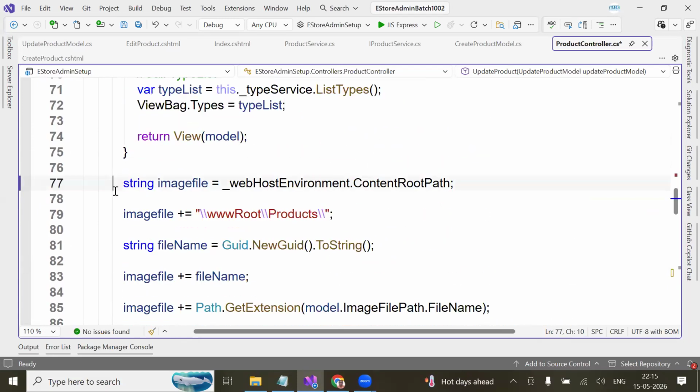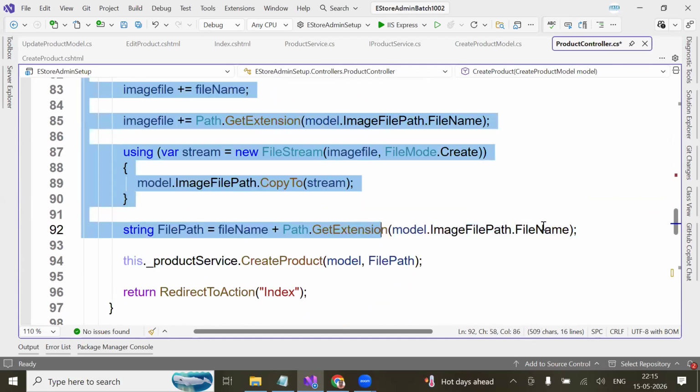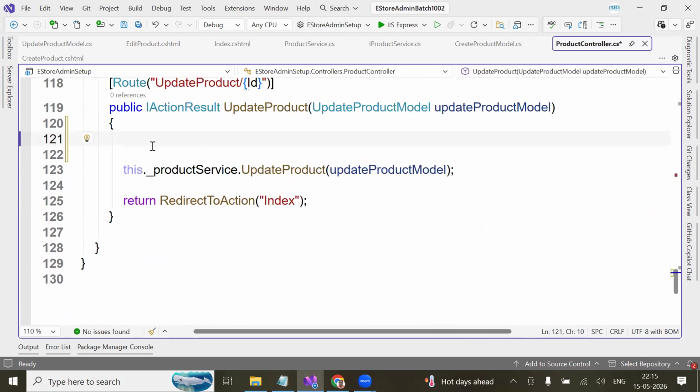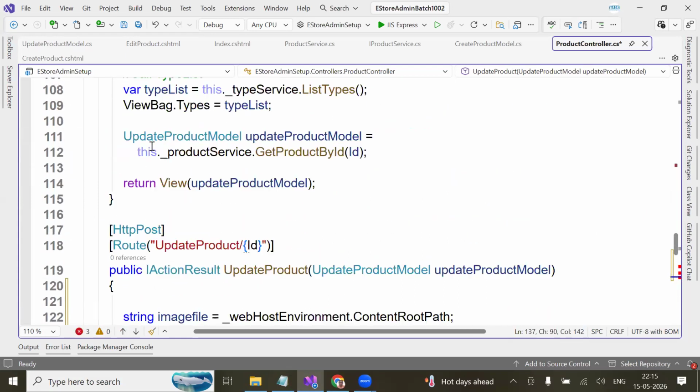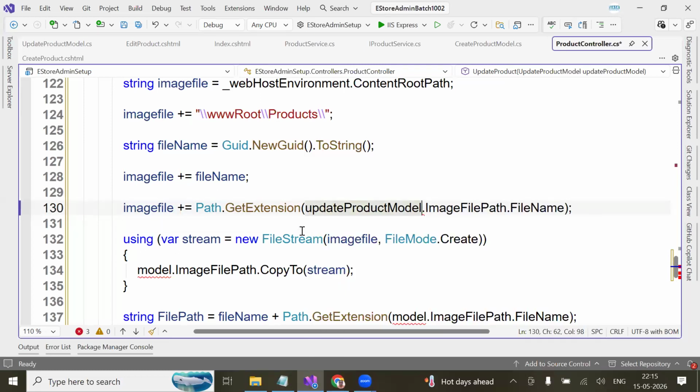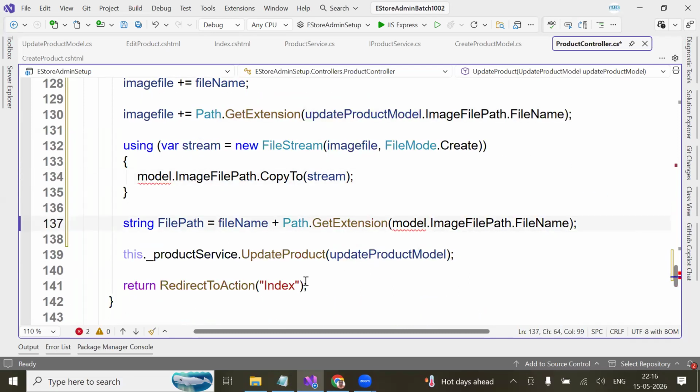Just copy this entire stuff once again. Okay, whenever you add a new image, you need to have this. Okay, you see, instead of model, you will use update product model. Update product model dot image dot file name. Now here you have to pass update product model dot image. Here